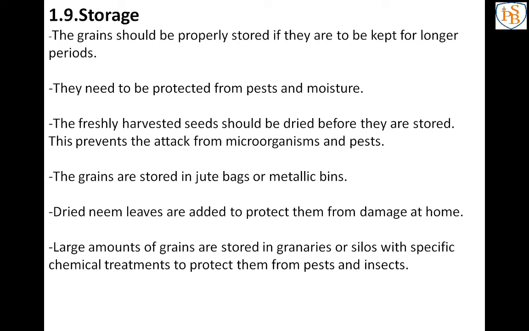So here we have completed our basic steps of crop production. What is the first one? Yes, preparation of soil. Next, sowing of seeds. Third, addition of manure and fertilizer. Fourth one is irrigation. Next is protection from weeds. Next, harvesting, and the last one is storage. So that's all about the journey of crop, from crop to grains, from farm to market.